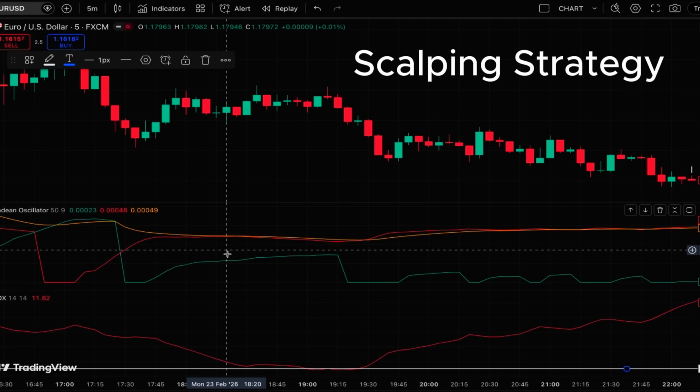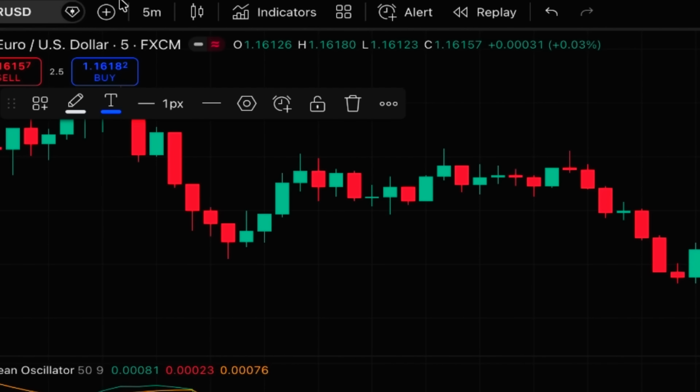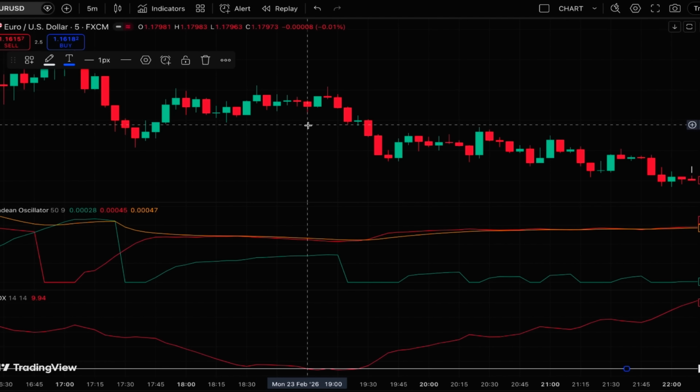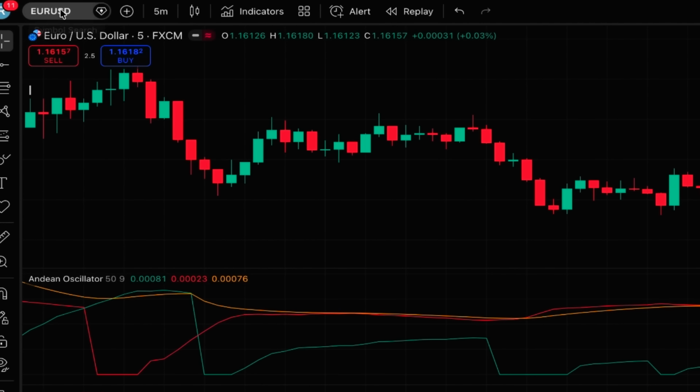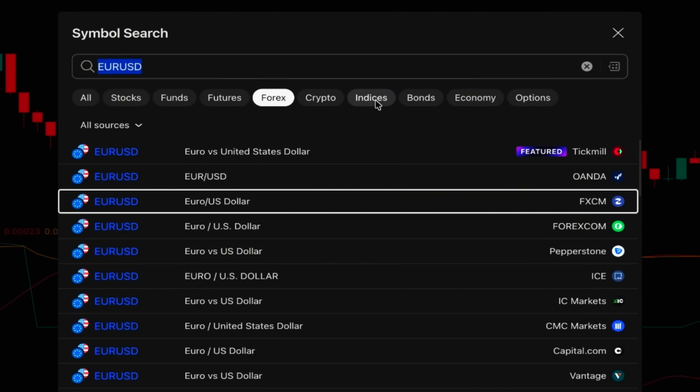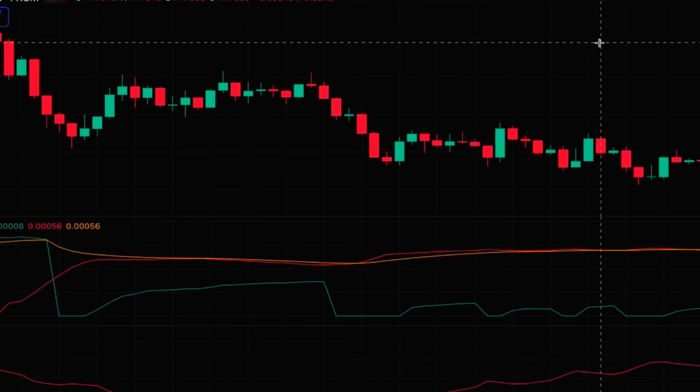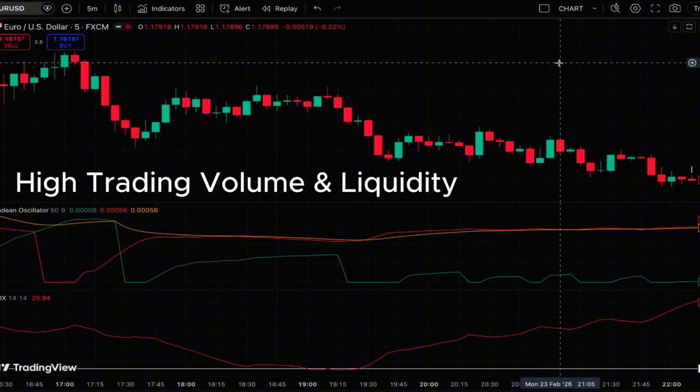Alright, this is a scalping strategy and it is suitable for time frames like 5 minutes and 1 minute. Right now we are on the 5 minutes time frame. This chart is Euro to US dollar in the forex market, but there is no limitation on this and you can use this trading strategy in any market or asset, but we only need one requirement and that is high trading volume and